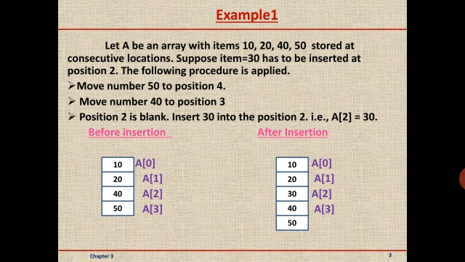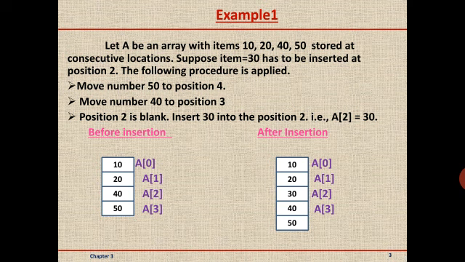Hence, consider case 1. Here, given item is 30. Okay, position is 2 and total number of elements are 5. Now, as per the algorithm, I is equal to n minus 1. N is the total number of elements. Hence, 5 minus 1 is 4. 4 down to 2, A[I+1]. I value is how much here? Initial value is 4. Hence, 4 plus 1 is equal to A[5], meaning at position 5, we are storing the value 60.